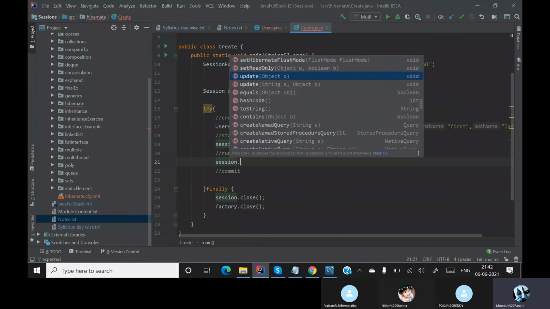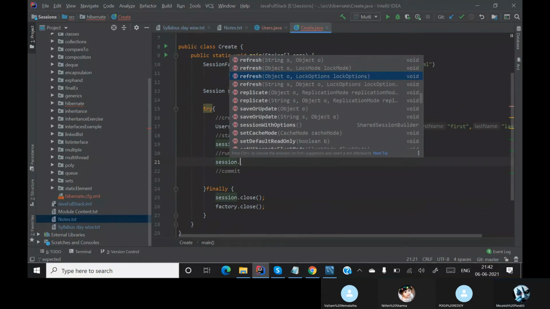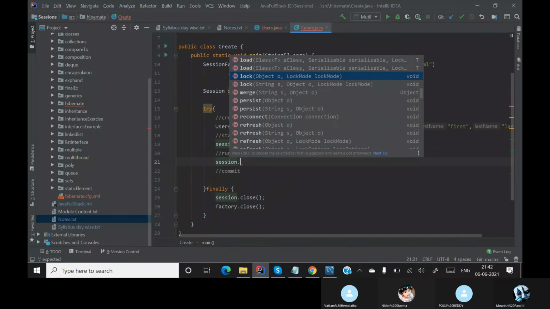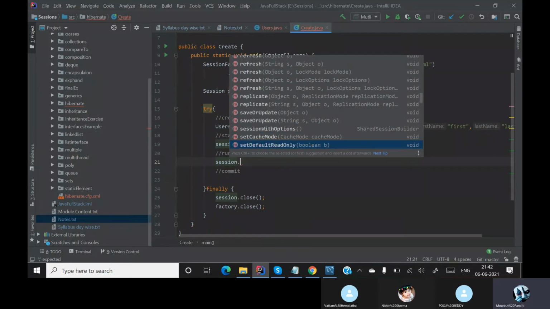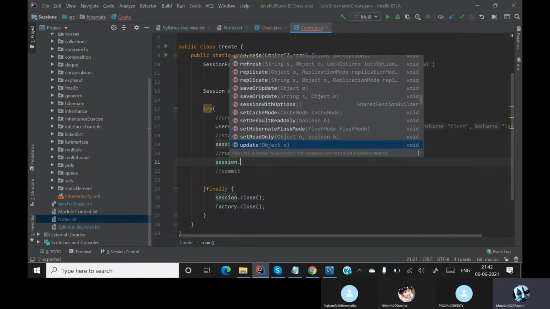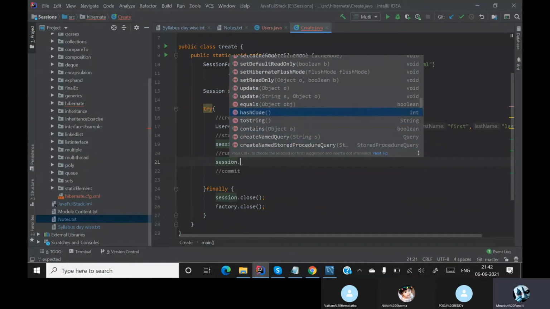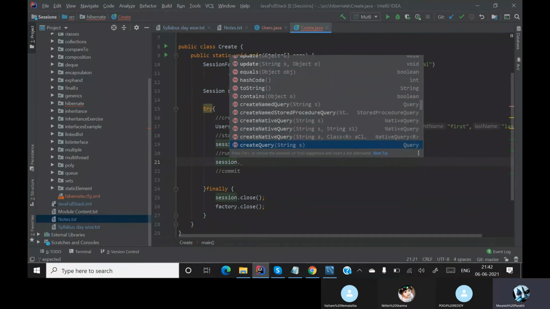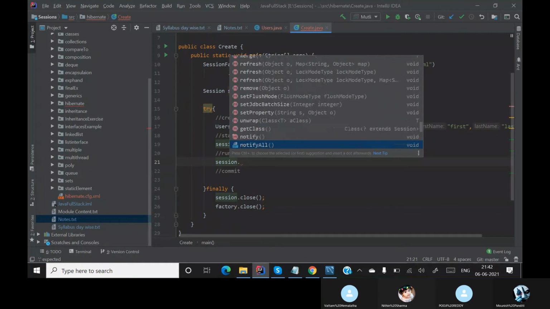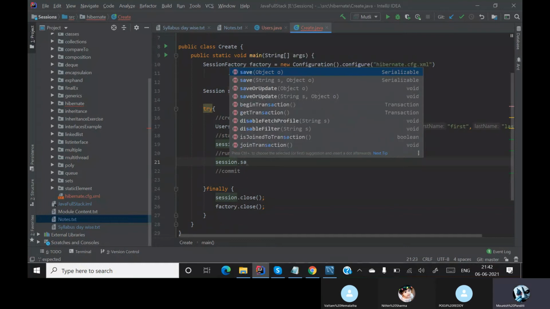Search for something, save. You have an option called save or update. You can simply put save.